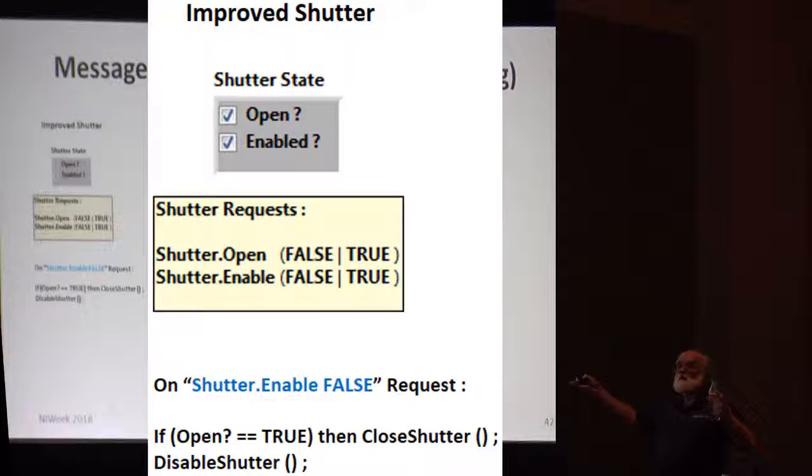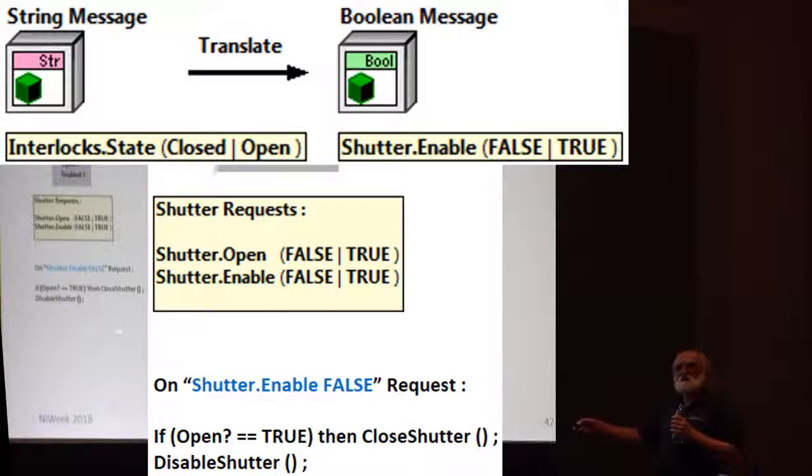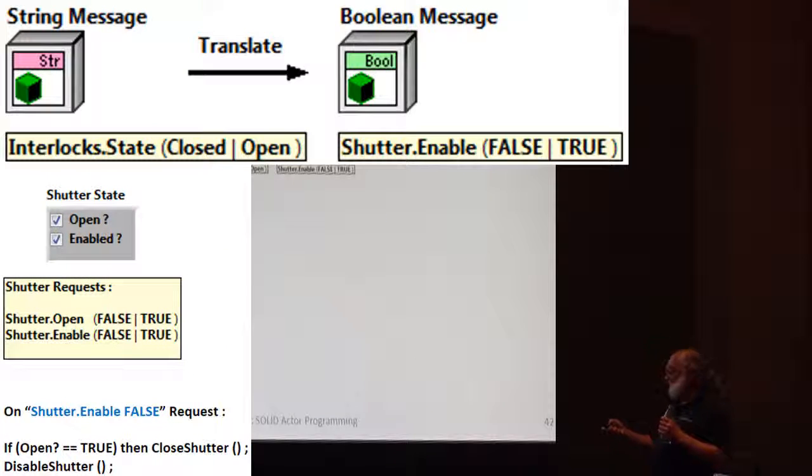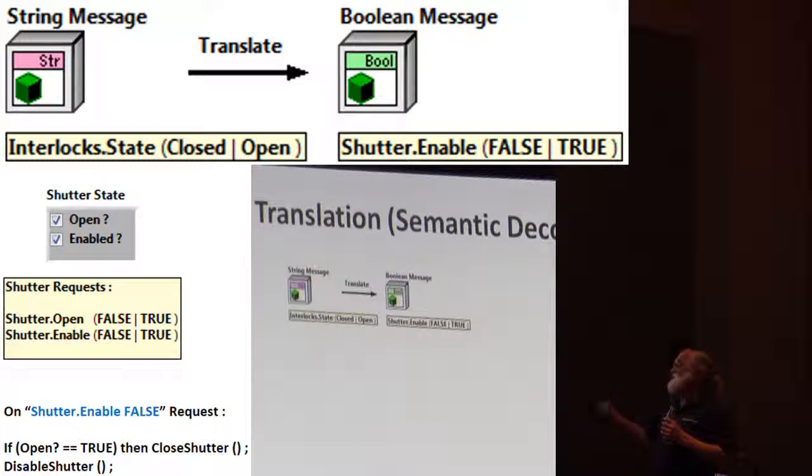You don't know about the interlocks. So what you do, you add a second state variable which says enabled, and a second command which says enable or disabled. When the shutter gets an enable false command, meaning disabled, it checks whether the shutter is open or closed. If it's open, it would close it and then disable itself. And in this case, yeah, so that's a better design.